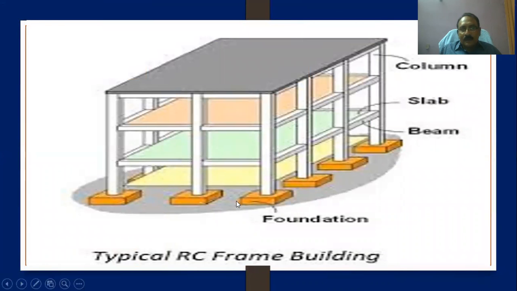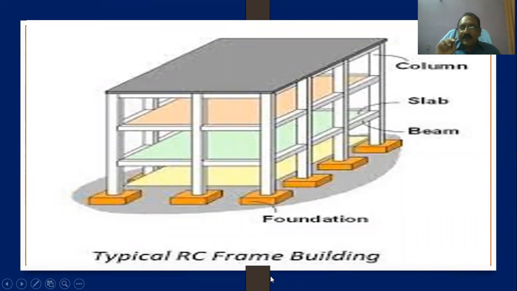You observe this building. I have already explained. Imagine in the estimation, this is very important. You will have a plan and section, and you are asked to calculate the quantity. You should know everything.